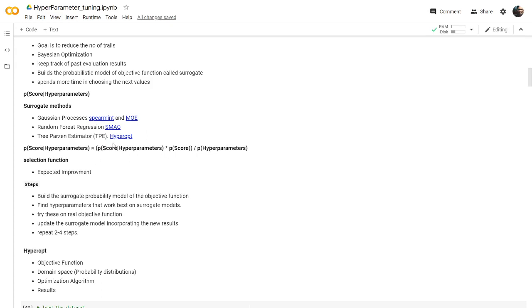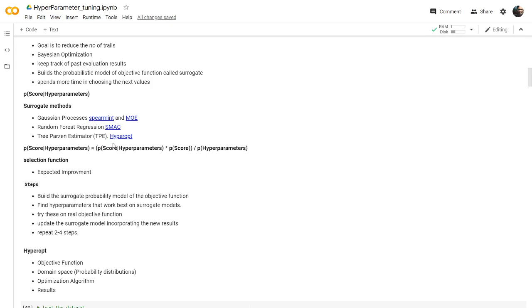What the Tree Parzen Estimator will be doing is it will create the probability distributions of every hyperparameter. Let's say we take a logistic regression and we have a hyperparameter C, which is the coefficient of regularization.